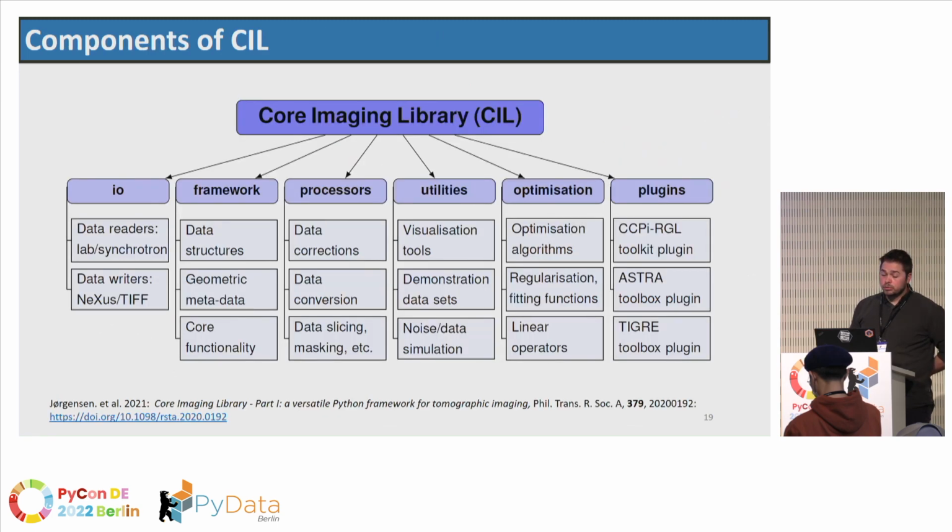This is kind of the simplest workflow in SIL. Here's an overview of the modules we offer. Some of these tools to the left are very CT imaging specific, so readers for different CT instruments, small lab instruments, and big synchrotron facility data sets, different core data structures and pre-processing tools. And then in the fifth column, this optimization module, which I've been talking about with the algorithms and the different functions to allow us to specify optimization problems and so on. Also, we provide interfaces, the plugins to the far right, to some GPU accelerated toolboxes to do some of the heavy lifting for us. One is called Astra, one is called Tigre, and I added the reference there at the bottom for the